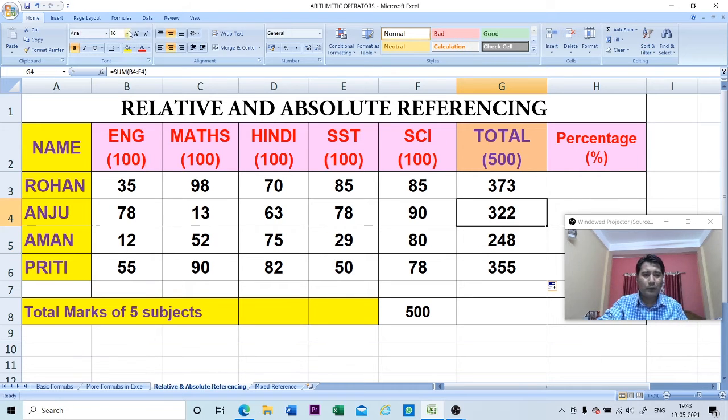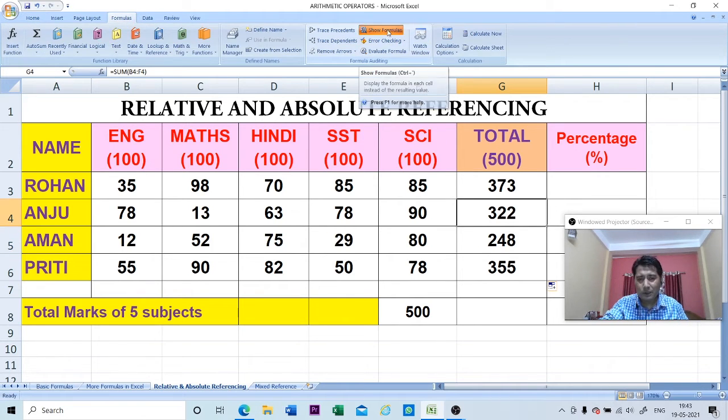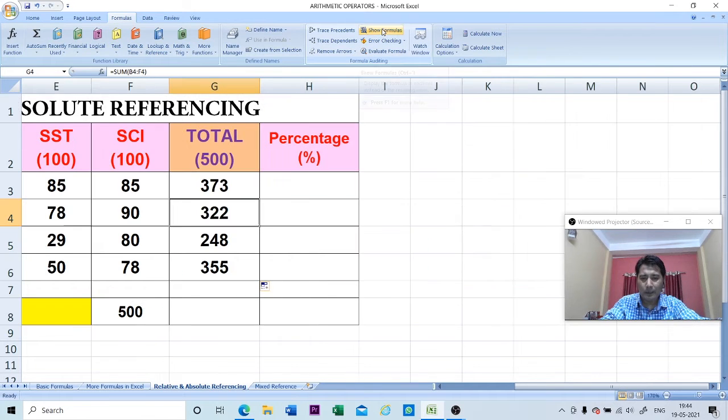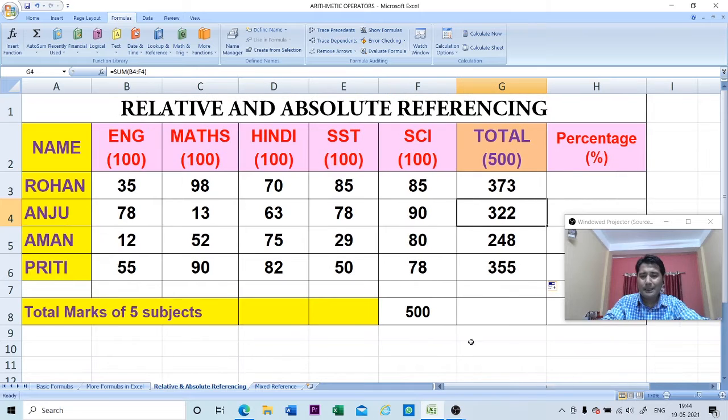Now if I go to the formula and look at it, you can see that in the first cell the range is B3 to F3. As I have dragged the mouse, the values in the next cells have been updated automatically: B4 to F4, B5 to F5, B6 to F6. We call this relative referencing. Now I just want to close this formula view, so I'll click on the Show Formulas button at the top. Now next is